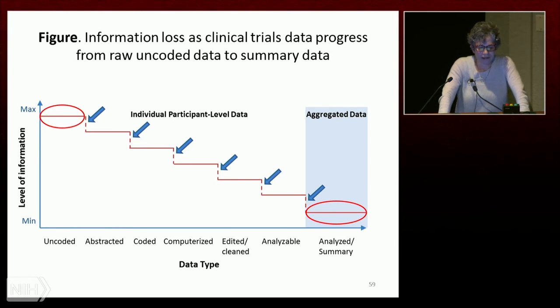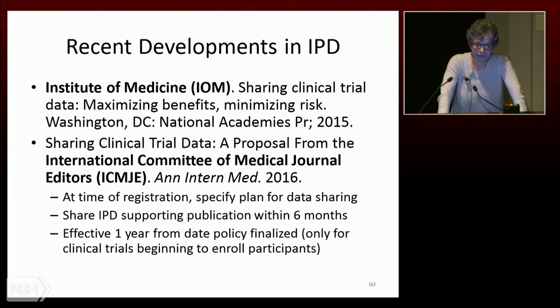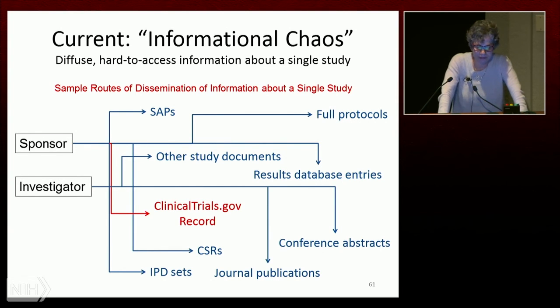And what we found is that these decisions are mostly done in the dark. They don't provide an easy audit trail, and different efforts to analyze the same data lead to different analyzed summary data. So there's not just one journey from the left, which is the raw data, to the right, which has led people to want access to the raw data to both validate it and to consider alternative mechanisms of analyzing the same data. So there have been many recent developments in the area of IPD, which stands for Individual Participant Level Data, including an Institute of Medicine report and a statement from the International Committee of Medical Journal Editors. Currently,